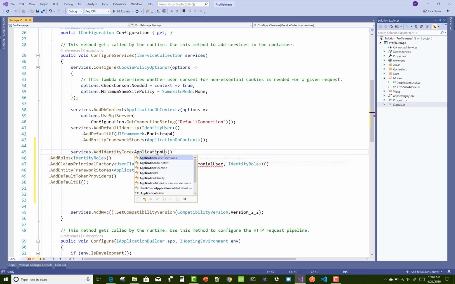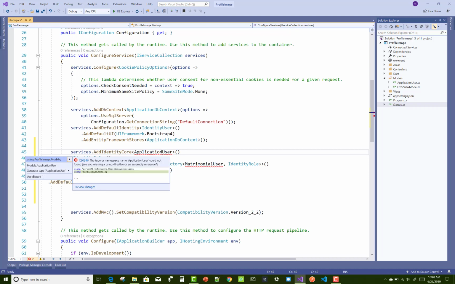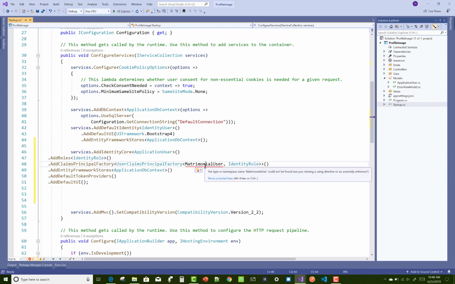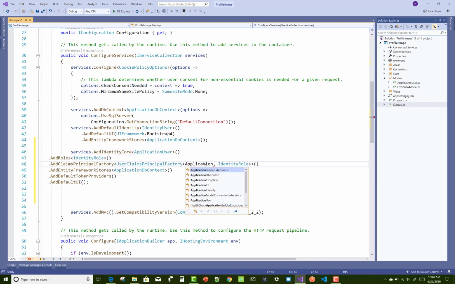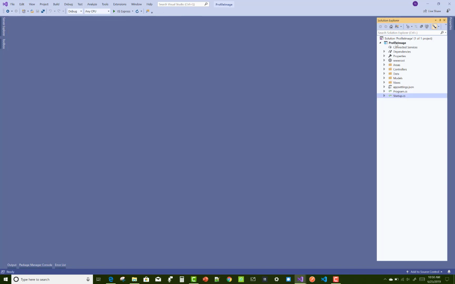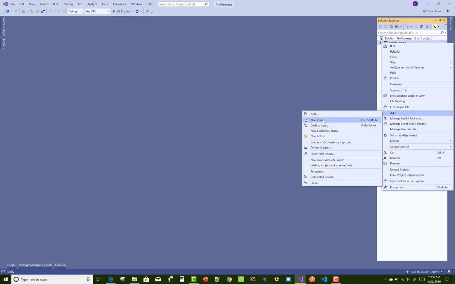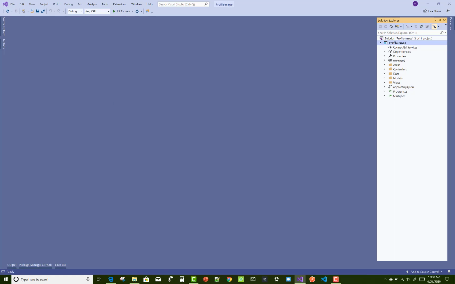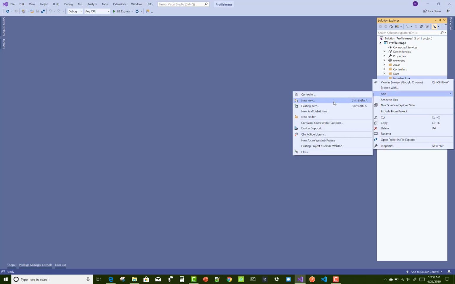like this, add identity core from the old project to the new project, that is in the startup.cs file. Now replace the IdentityUser with the ApplicationUser class in the startup.cs file. So just stop your video and check that services.AddIdentityCore, AddRoles, AddClaimsPrincipalFactory, AddEntityFrameworkStores, AddDefault. Okay, now after that, you can add a new folder, that is Infrastructure, and in the Infrastructure